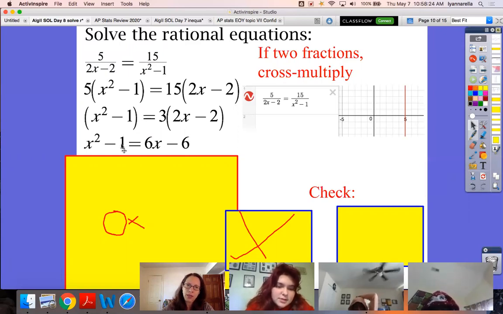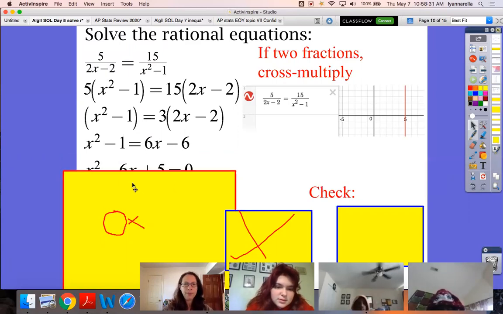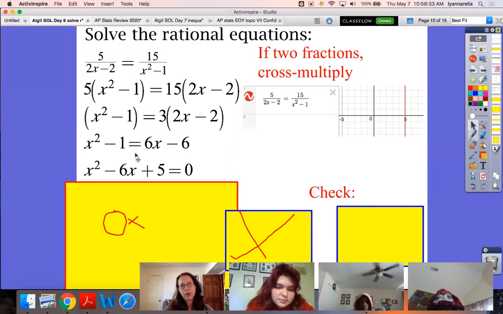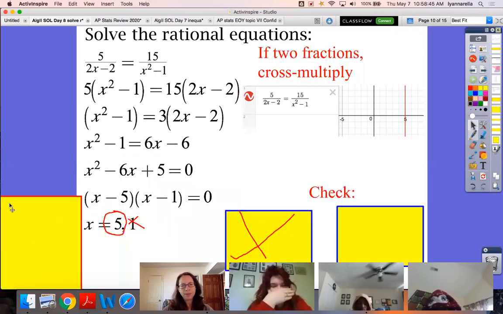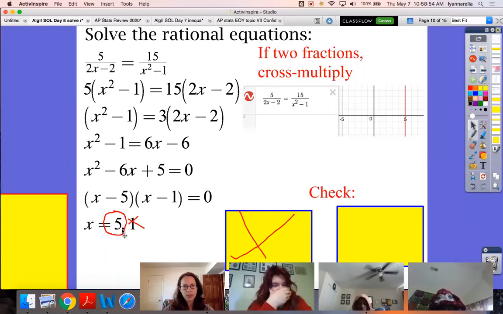This is a quadratic. And this is what I meant when I said you'll do a little bit of quadratics. I put all of these terms to the other side. And just like we solved the last one, you can either use a factor box, you can use Desmos to get the zeros for this, or you can use the quadratic formula, but the 2 zeros you get if you factor are 5 and 1, okay? And so remember, the check is super important, because if you say the answer is 5 and 1, one of these is extraneous, and I think you know which one.